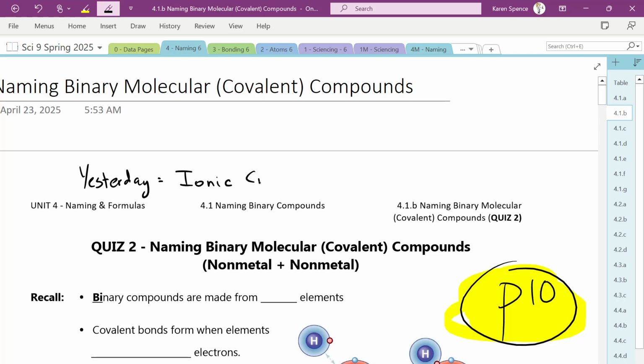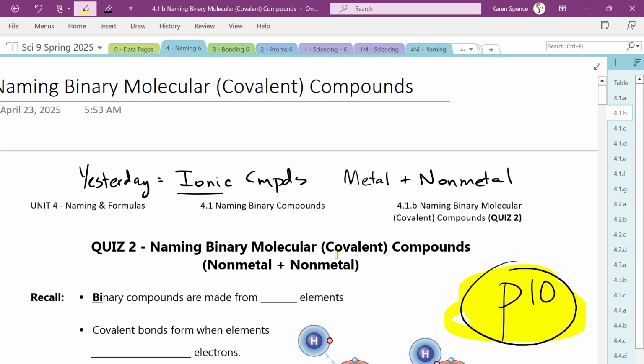Ionic compounds. How did we know that it was an ionic compound? What is an ionic compound made of? It's made of ions. What types of elements? Metal plus nonmetal. That was yesterday. Today,